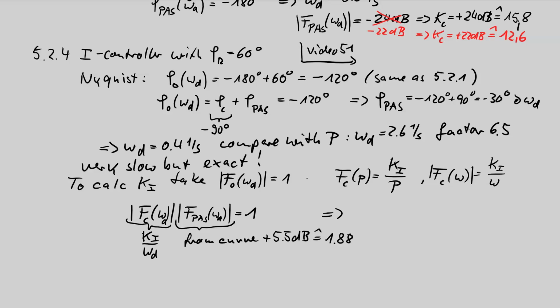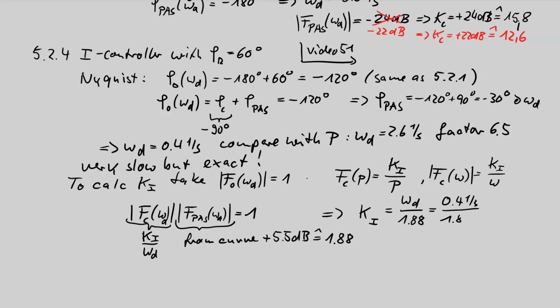So the solution of this equation is Ki equals 1 times omega d divided by the process gain at omega d, 1.88. This gives 0.4 per second